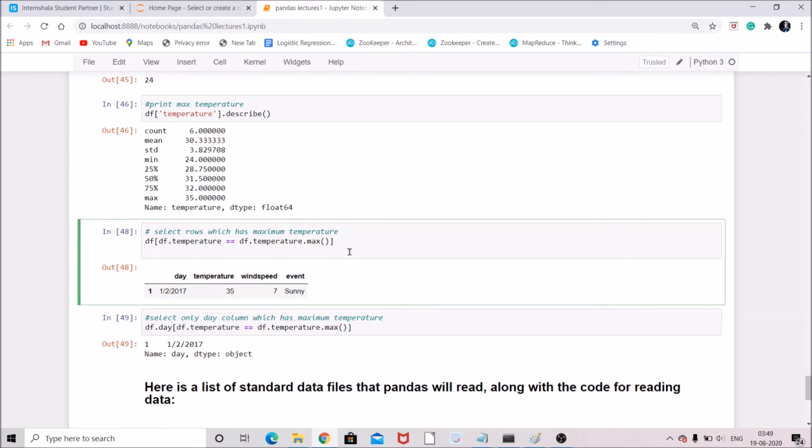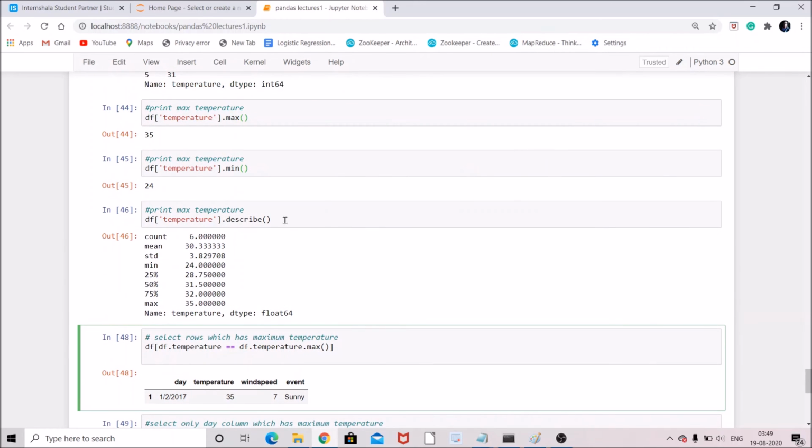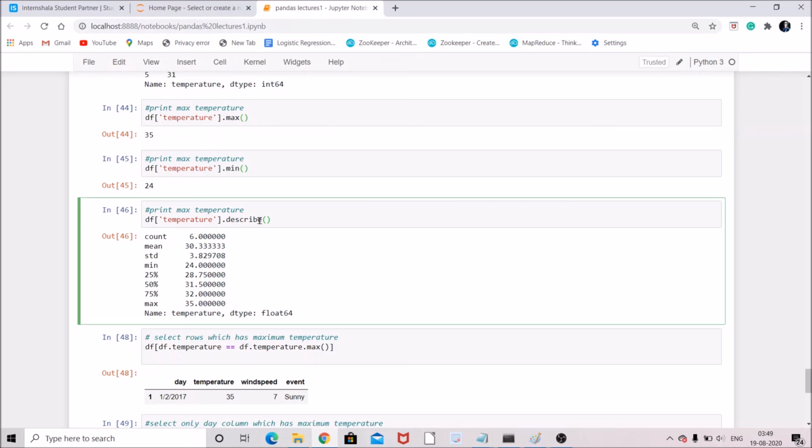Okay, select which row has the maximum temperature. Suppose we want to select the row which has the maximum temperature. So, okay, this prints the maximum temperature. The describe function is used to describe some statistical measures like mean, median, minimum, 25 percentile, 50 percentile, 75 percentile, maximum, and data type of the temperature.